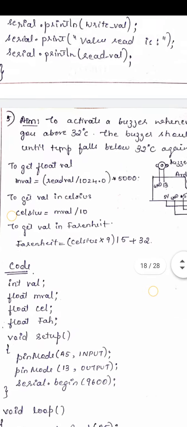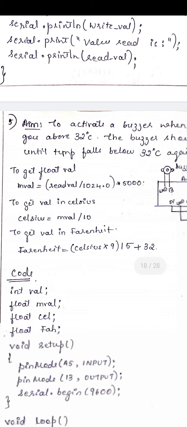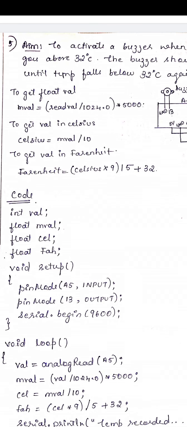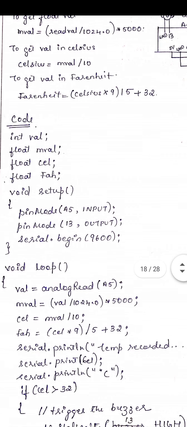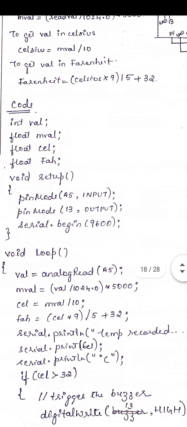So this is how you can convert the value you read from an analog pin from a temperature sensor into Celsius or Fahrenheit. We'll find the mV value like this, that is, read value divided by 1024 times 5000, and if you want Celsius, divide by 10, and if you want Fahrenheit, just use these formulas. Here I have used separate variables just for ease of reading. Again, there is no necessity of using so many different variables. You can directly alter and write.